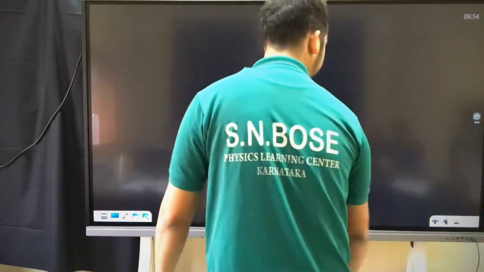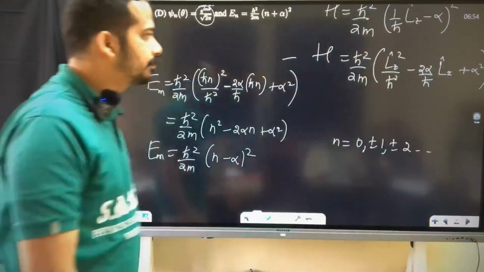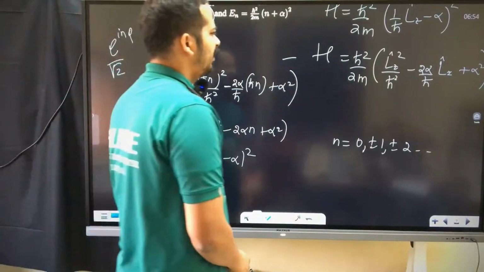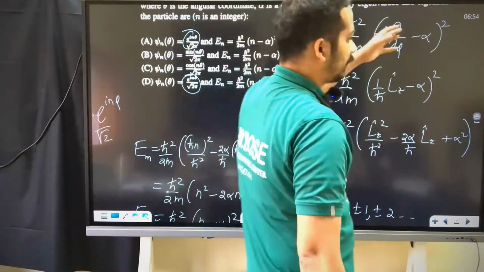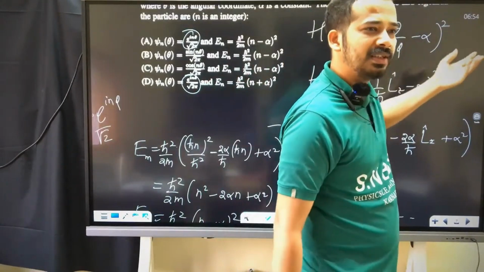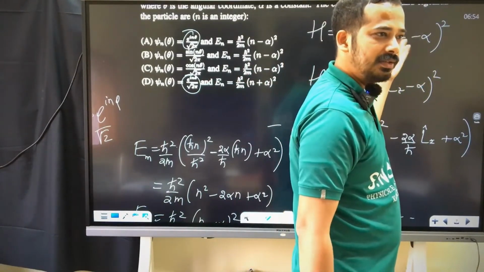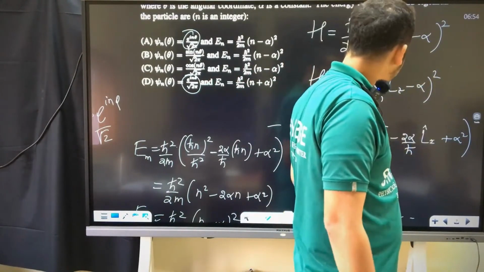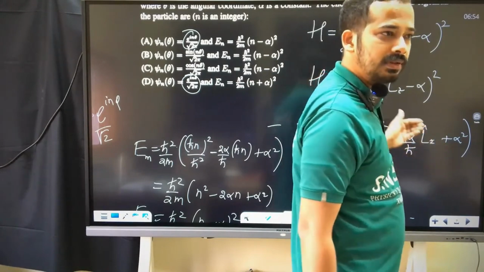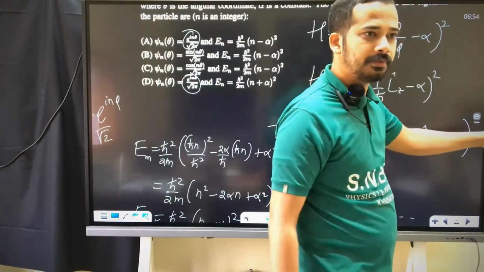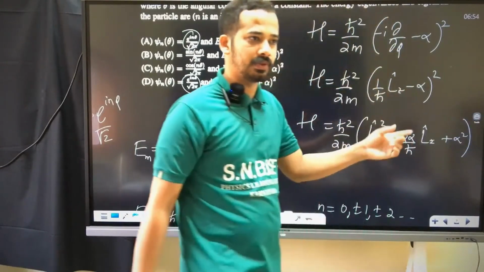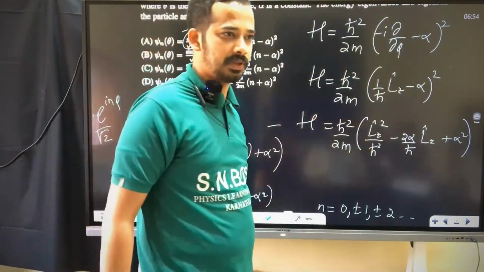Sir, then why did we expand the square and not directly? What is the reason? I thought this is a kind of derivative operator, square. It may be non-linear, I thought like that initially. That's why I expanded. But this is a linear operator only, isn't it? Second derivative, first derivative, alpha. If you form a differential equation, that's a linear differential equation only. That's why I have expanded.